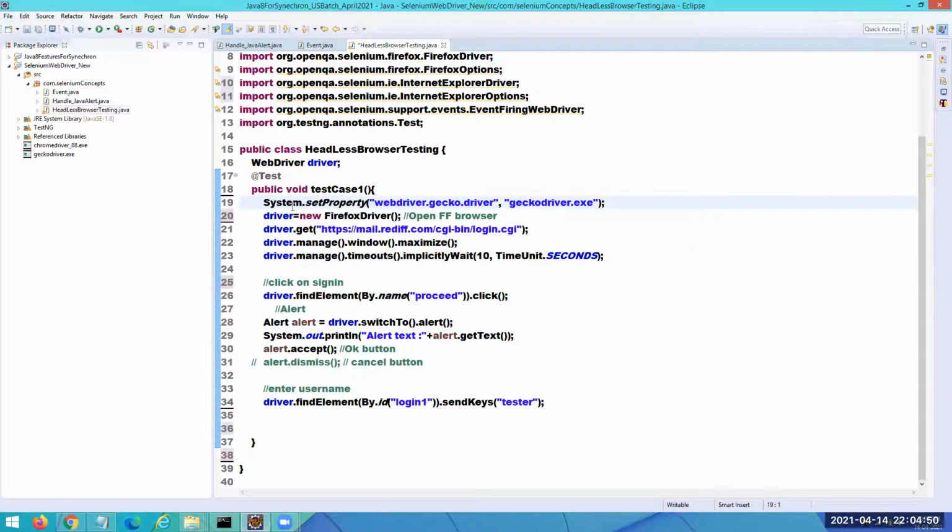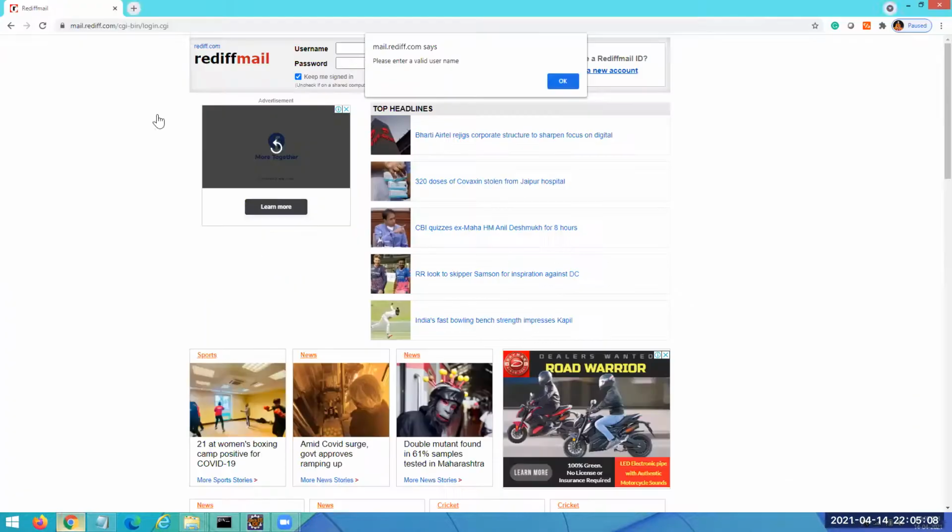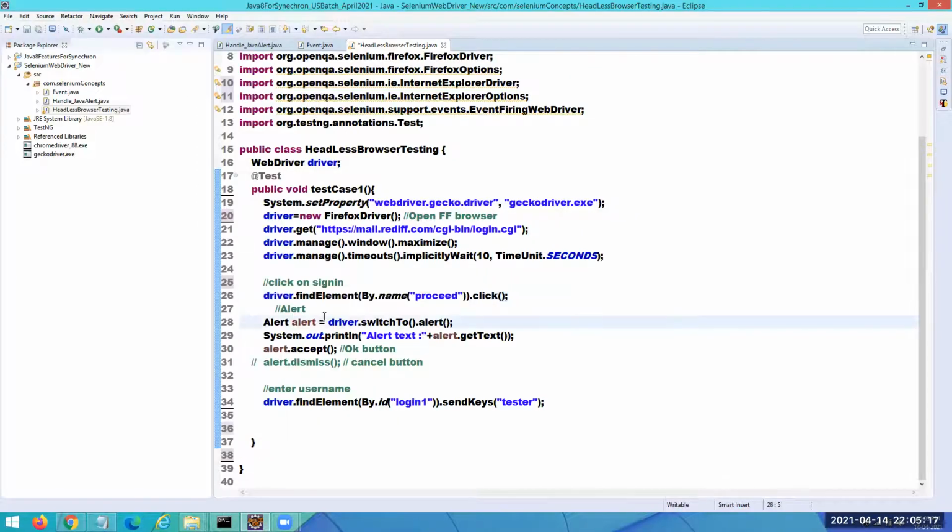If you look into this code, I added a Selenium code to launch the Firefox Mozilla browser. This is the URL which has to open in the Firefox browser. Then this code is going to maximize the browser. This is an implicit wait time. After that, it's going to click on sign in, without entering username and password. When it clicks on sign in, we're going to get this Java alert. Once we get this Java alert, we switch the driver reference to it, and then we print the text. After that, I handle that alert. Once it handles that alert, it has to enter tester into the username. So this is the script that I created.